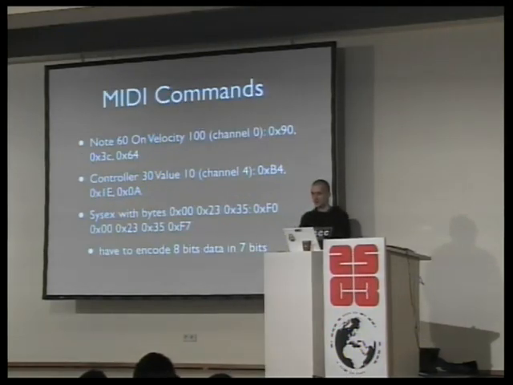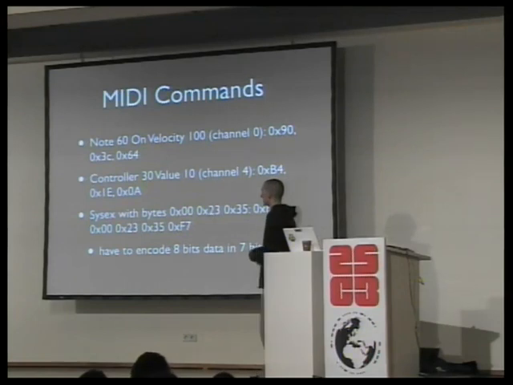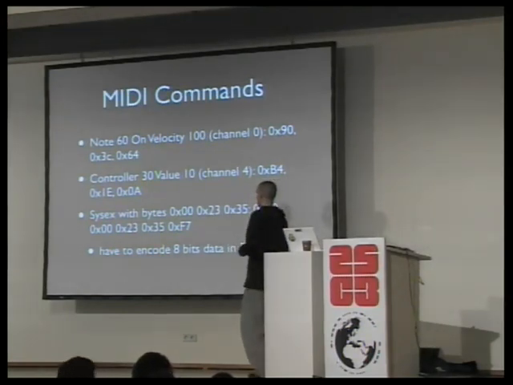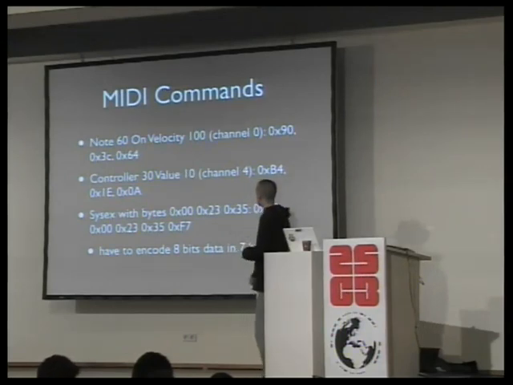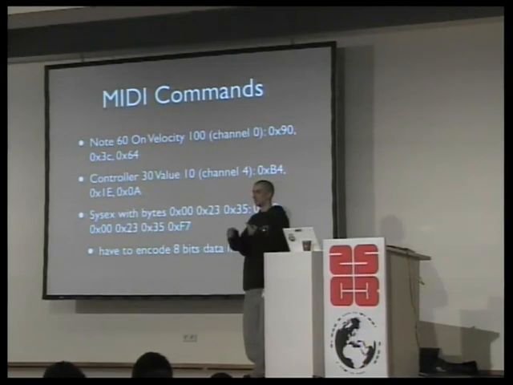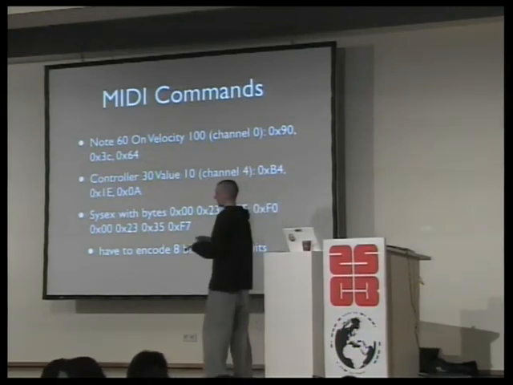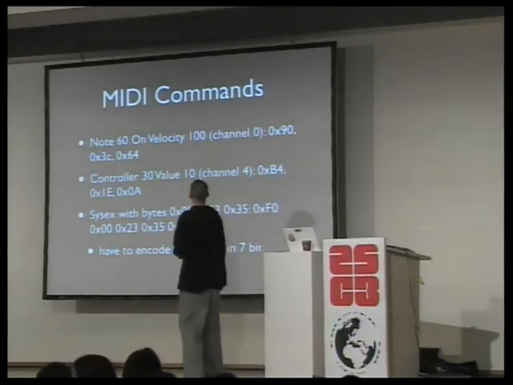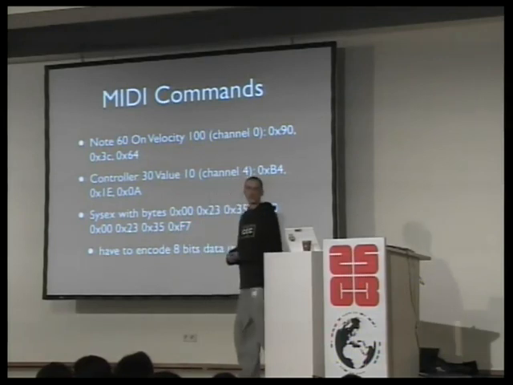And if you remember correctly, it's 8-bit bytes, but the higher bit is used for command signaling. So if you do some sysex messaging, you have to encode the 8-bit data as 7-bit data and then decode it back the same way at the other end. So it's pretty annoying if you just want to write out something, and you always have to encode stuff.